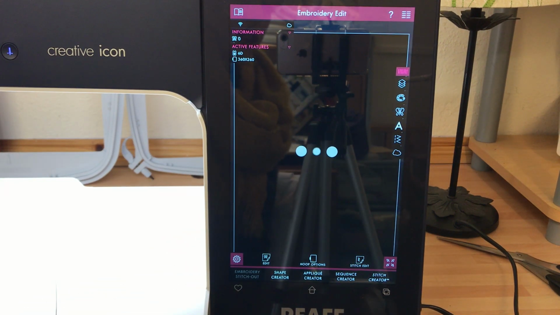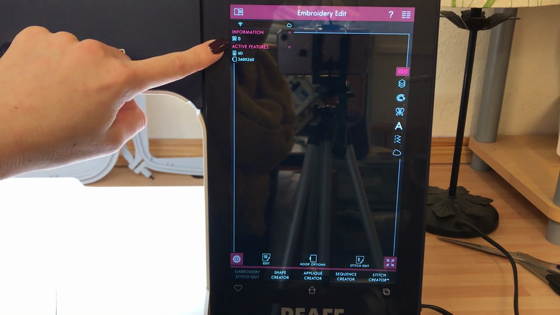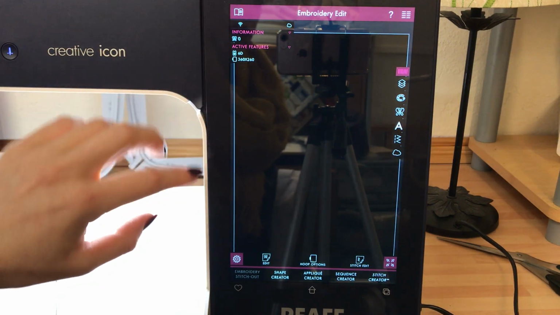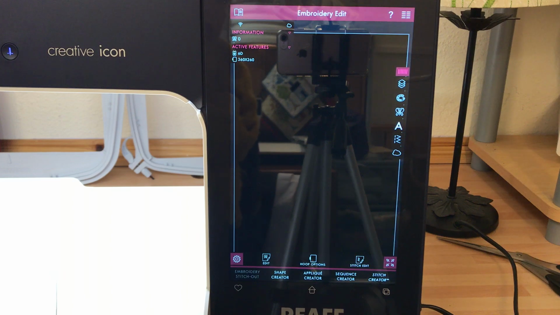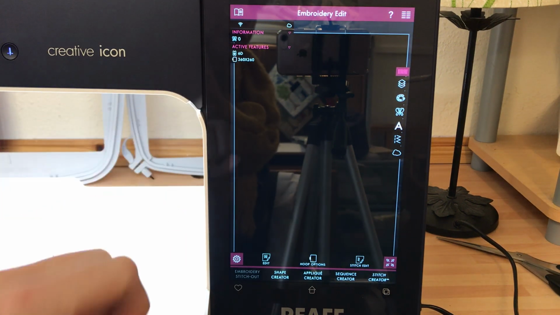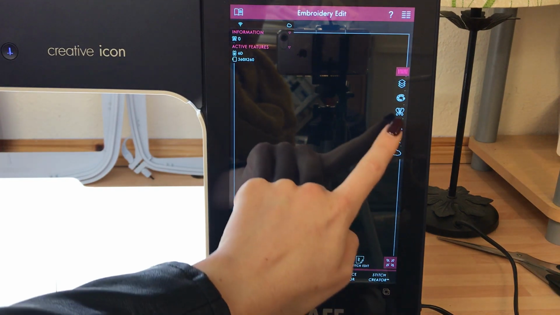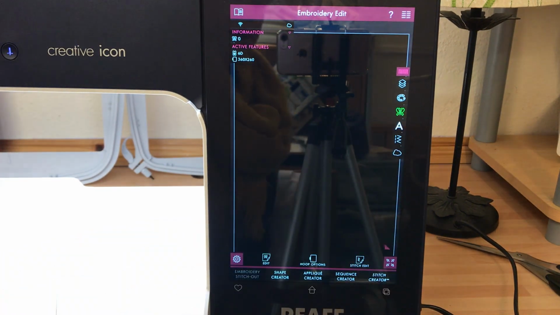For those with embroidery machines, you'll be used to that noise. And now the screen's changed, so now in my information at the moment there's nothing there because there isn't an embroidery in. However, it is telling me to put my 6D foot on, and currently my hoop is set at 360 by 200. So if I choose a design using the butterfly,